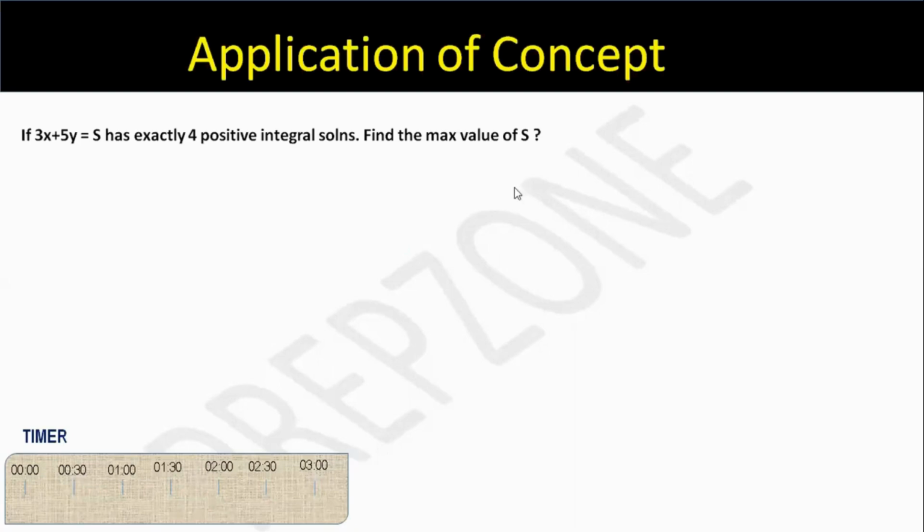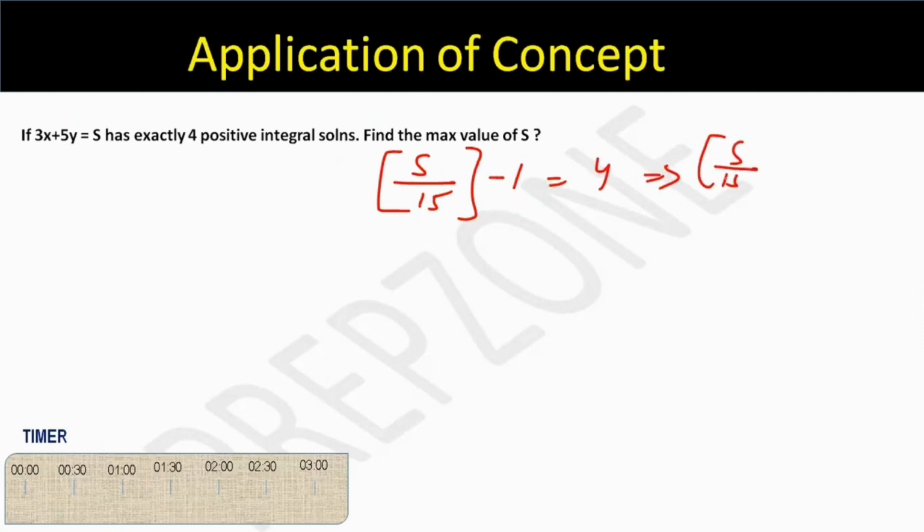I think यहाँ पे थोड़ा सा catch है, which I should have told you when I was talking about the formula. The answer to this question is 75. But yes, if you just blindly put that formula, the answer comes out as 89. Maybe I'll solve this and then tell you that catch, which you can write in your table, so that if you're directly applying this formula, this is the catch you need to remember. The formula here was, you need to take S divided by LCM of 3, 5, which is 15, and then do a -1 should be equal to 4, right? So greatest integer of S by 15 should be equal to 5, which means